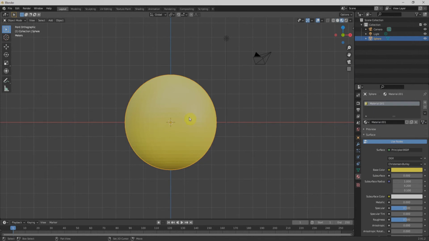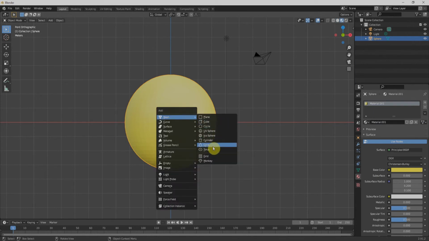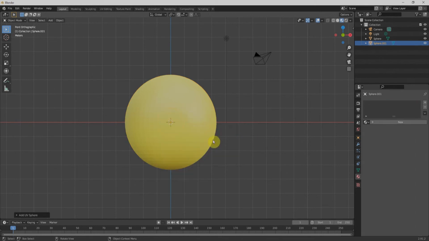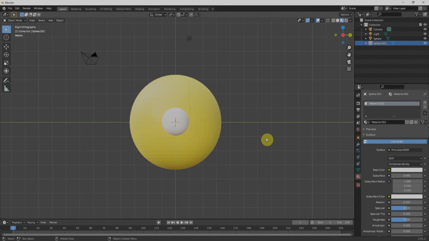Now I'll add another sphere by pressing Shift A and selecting UV sphere, and I'll bring it outside of here, and add a new material. We'll go to right view, and I'll press R and 90 to rotate it by 90 degrees.